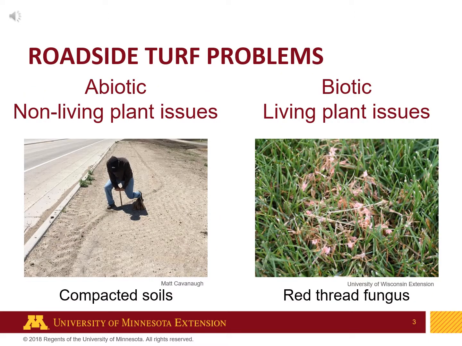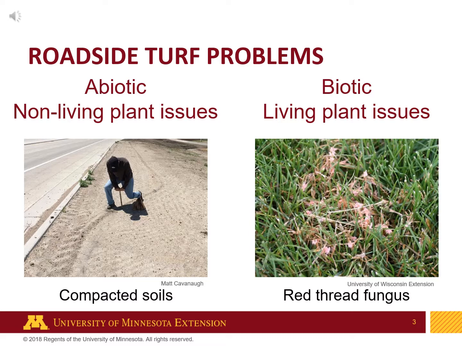From a simplified point of view, roadside turfgrass problems can be grouped into two main categories: abiotic and biotic problems. A majority of the problems experienced on roadsides are abiotic in nature and are not directly influenced by any living pest. The most common abiotic problem experienced on roadsides is construction on poor soils, resulting in compacted turf with minimal